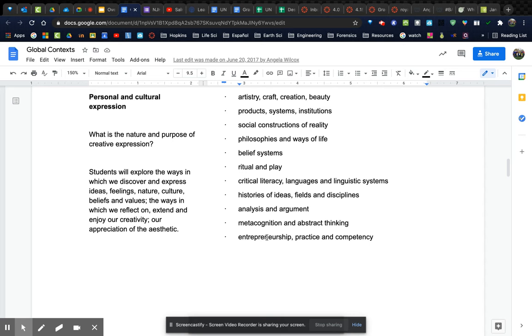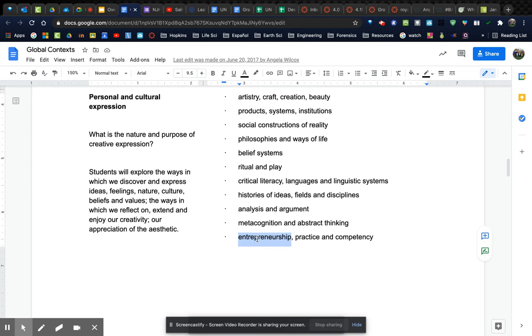I saw this one down here, Kurt, entrepreneurship, and I'm wondering about entrepreneurship, practice, and competency, especially that entrepreneurship piece. I'm thinking, since it's a choice unit, if we can get students to really latch on to a goal and a solution that is personal to them, interesting to them, something that they want to investigate more or develop, and put them into that mindset of, I've got to make this product well enough that people would want to use it, buy it,